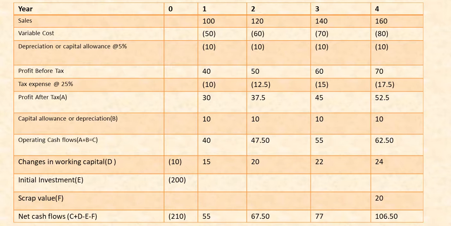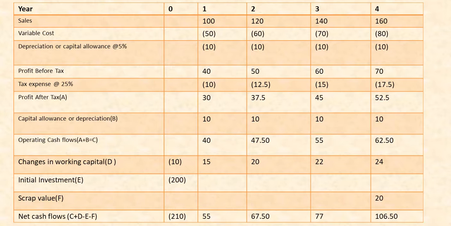Okay, now comes the part on why we have taken the changes in working capital. So what is working capital? In simple terms, it's the excess of current assets over current liabilities. If we are investing in a machine or equipment or machinery, we need to invest in raw materials. We need to have some money taken from debtors, from creditors, and accordingly the working capital is calculated. Since we are calculating the cash flows, the question has given us an additional concept called working capital changes.